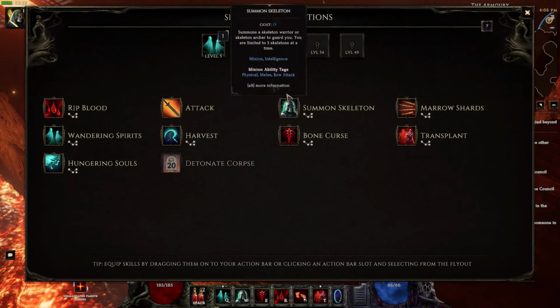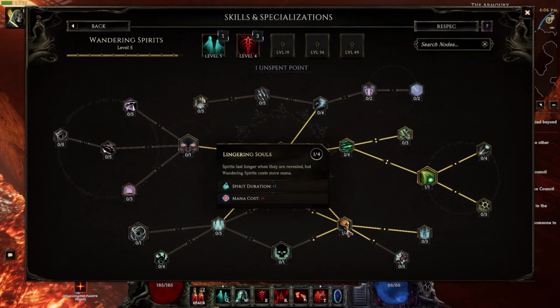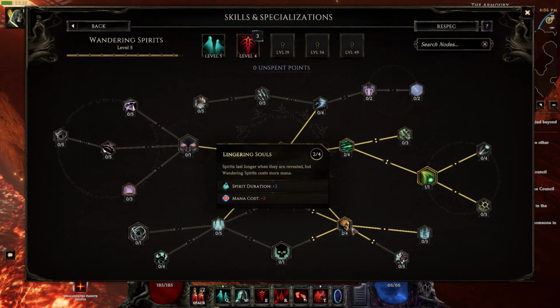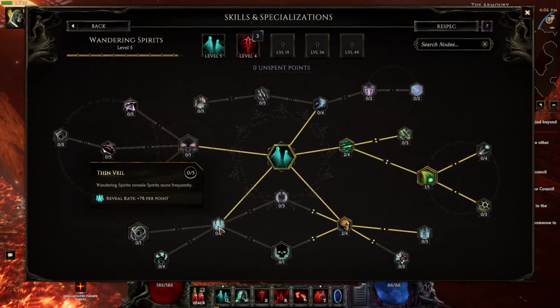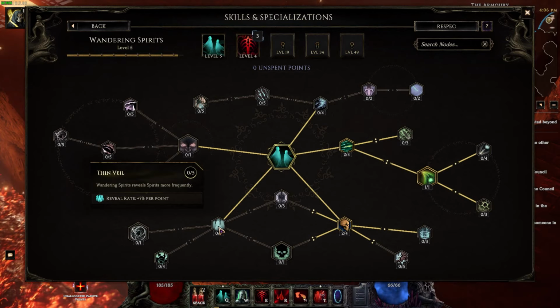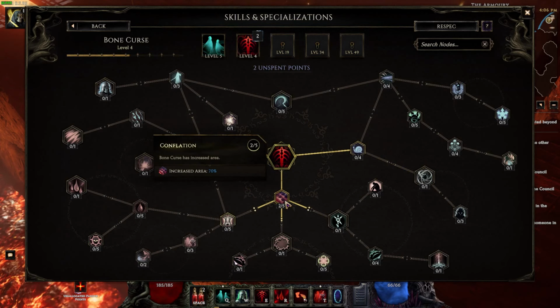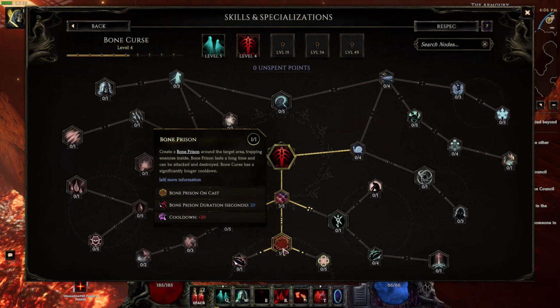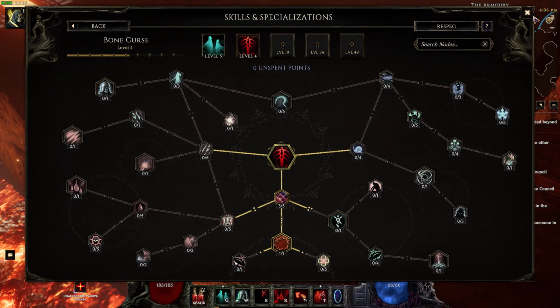An update to our skills at this point, we have one more point for Wandering Spirits, which we're going to put into Lingering Souls. Once we do put the 4 points in here, we're going to move over to Thin Veil so that we reveal more of them quicker, and we're going to put our next 5 points into that. For Bone Curse, we have 3 more points. We put 2 more into Conflation and 1 into the actual Bone Prison. Now it is going to have a 20-second cooldown until we get 1 more point for Shattered Prison,